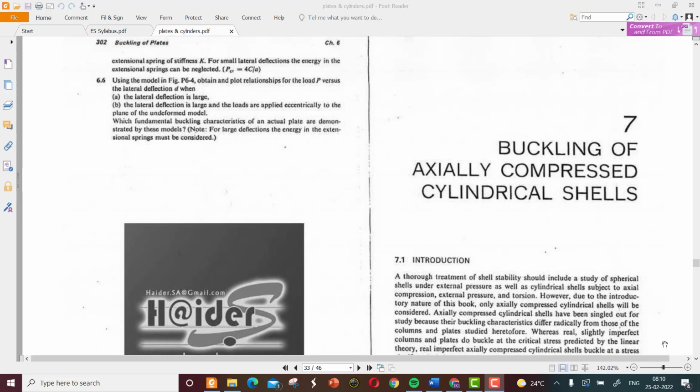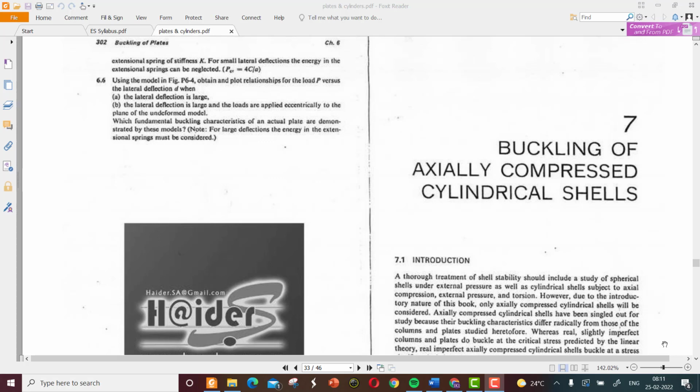In continuation with the buckling analysis of plate, today we will discuss the buckling analysis of cylindrical shells. So as you know, the plate is a planar element and it may be subject to bending upon the action of the forces. But in the case of cylindrical shells, there is an initial curvature